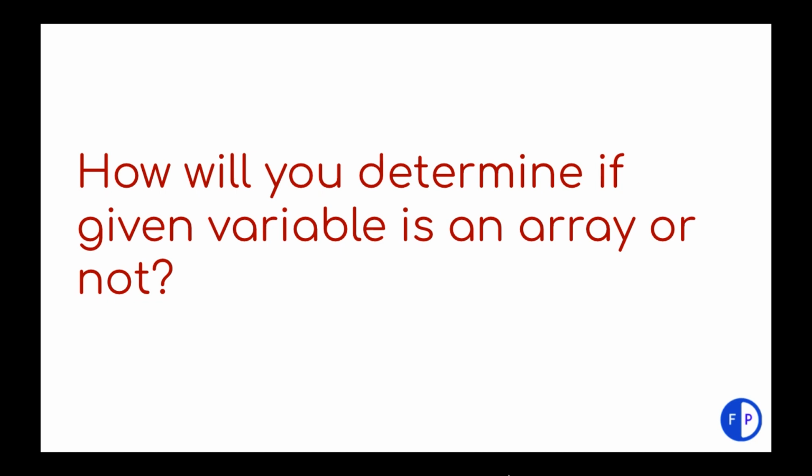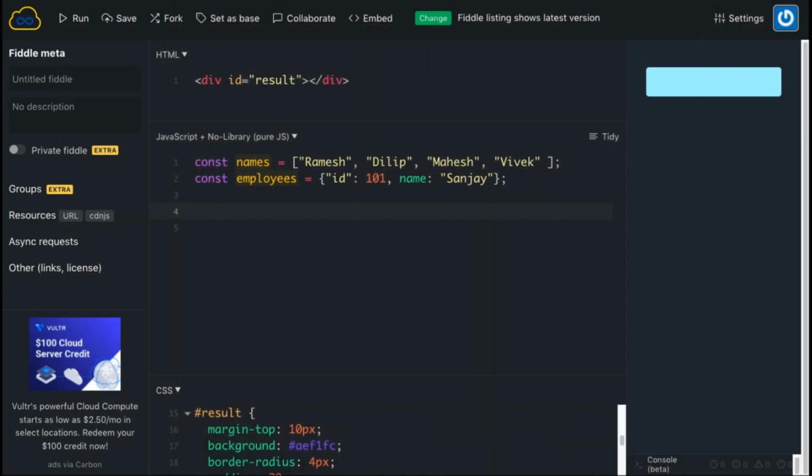The next question you might get: how will you determine if a given variable is an array or not? There could be a scenario when you get a response from a REST API and you are not sure whether you're getting the response as an array or as an object. So basically you need to identify it. Okay, so let's jump into the code again. Here you can see that we have two variables, one is names, another is employee. Here we can identify for sure that names is an array, whereas employee is an object. But dynamically, if you want to do it in your program, when you write the code, you should have some provision, right? So there is a very simple method which comes with Array, which is